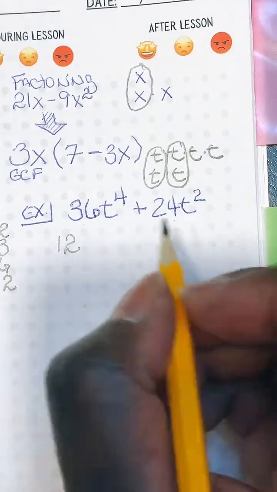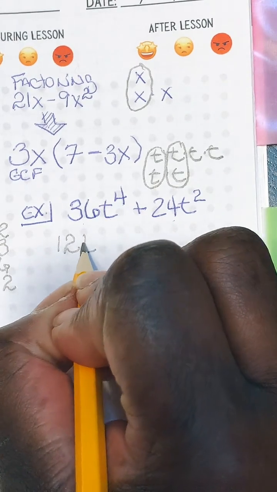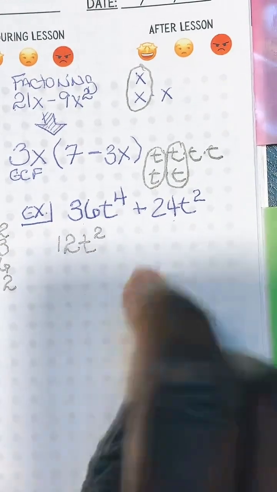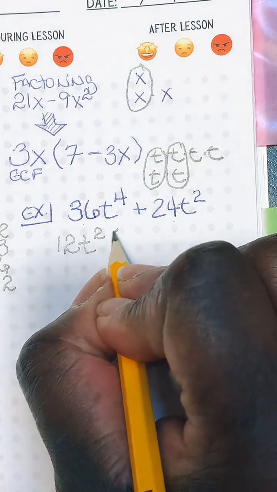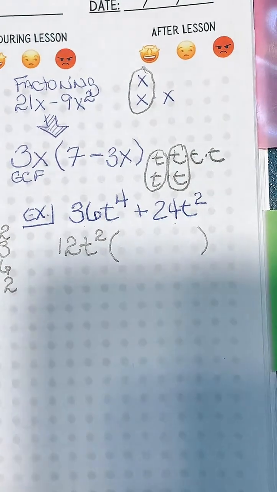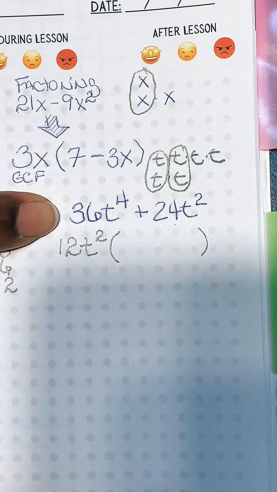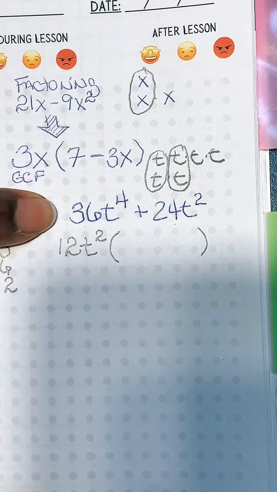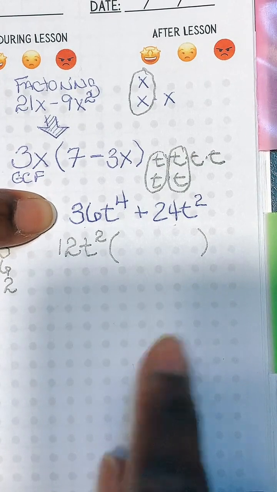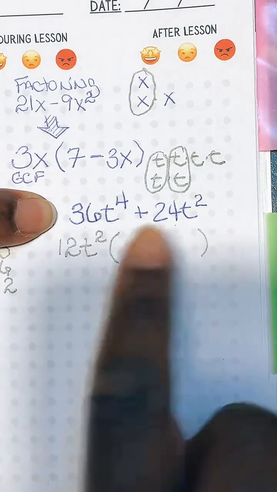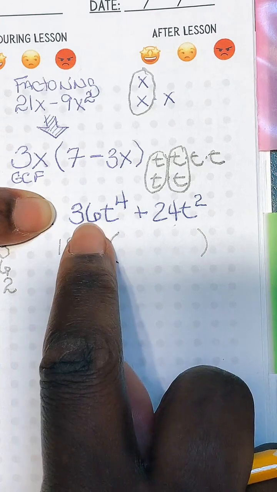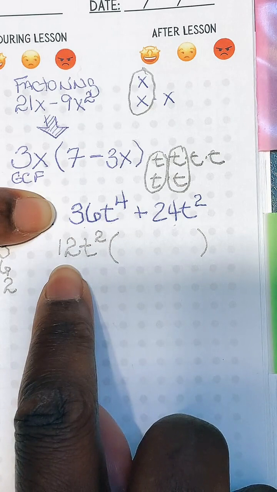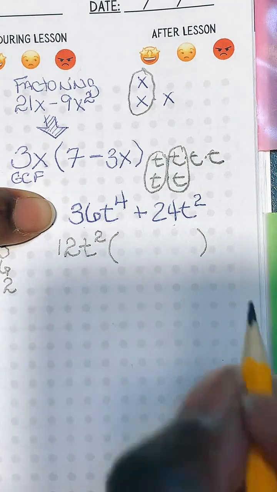Okay, so you can take t squared out. Yes, because since there's 2 groups of t's, we can take those 2 out. So now you're going to take your original expression. You can relax and chill. I'm not chasing you out. So you got your original, and you're going to divide it by your GCF. So 36 divided by 12, that will give me,